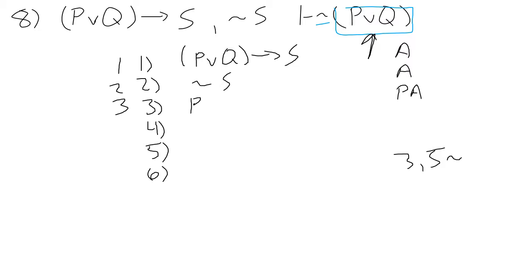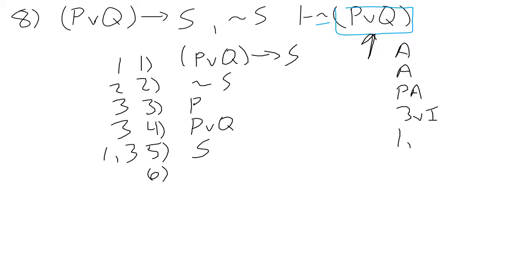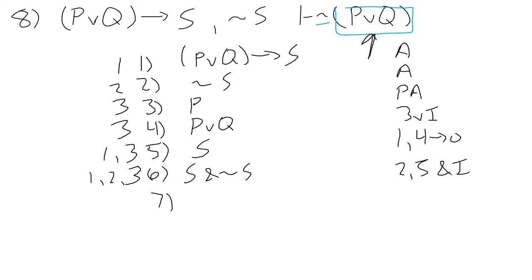So now imagine I was doing this, and I said, well, why don't I just assume P here, because I can wedge in the Q, doing 3 wedge in, and that would give me S from 1 and 4, arrow out, and then I can do S not S from 2 and 5, ampersand in, 1, 2, and 3, and then I could do, you might think, well, why